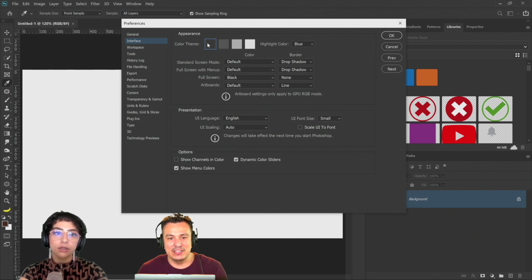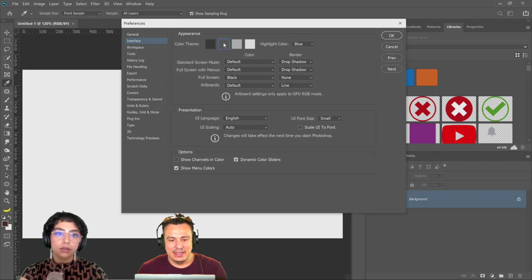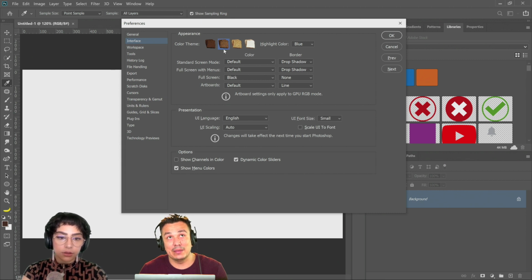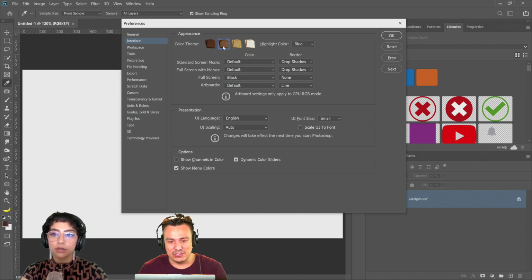And the silly thing I wanted to show you is that if you hold Alt and Shift on Windows, or Option and Shift on the Mac, and click on the color theme icons, you'll switch the icons into toast. See how they're little toast bread? And if you hold Control, Alt and Shift and click on those icons, they switch over into little coffee cups.